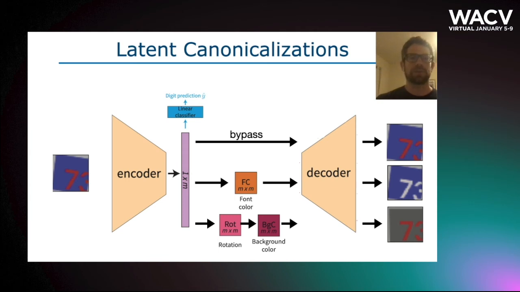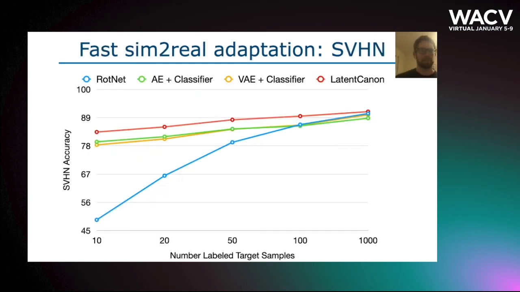Different from previous approaches, instead of structuring the representation directly, using the canonicalizers, we structure the way the representation can be manipulated. Our experiments demonstrate that when trained using our proposed method on simulated data, the network adapts to real data using only few labeled examples. In particular, note how our approach can achieve the same accuracy as a vanilla classifier does with 5 times less